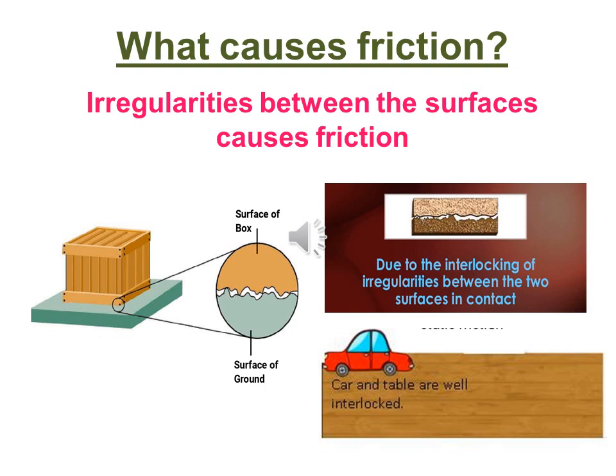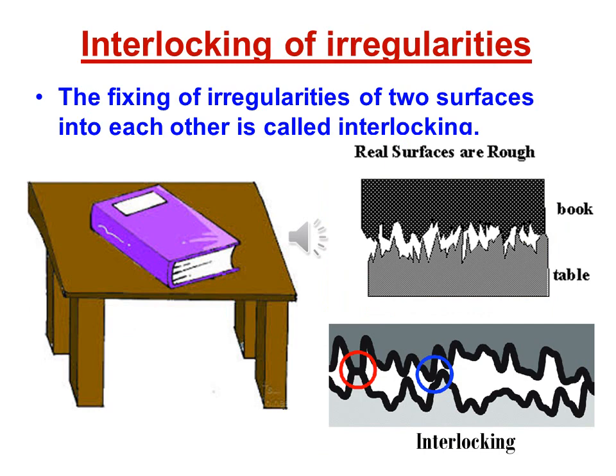So friction arises from relative motion between two objects. The irregularities between the surfaces are responsible for the cause of friction. The irregularities, in the sense that when there is unevenness on the surface of the object, what will happen? This uneven surface gets interlocked. Due to the interlocking, it resists the object's movement. So that causes friction.